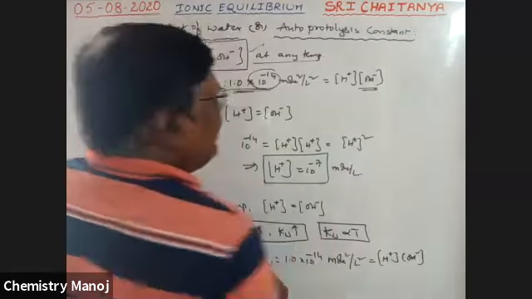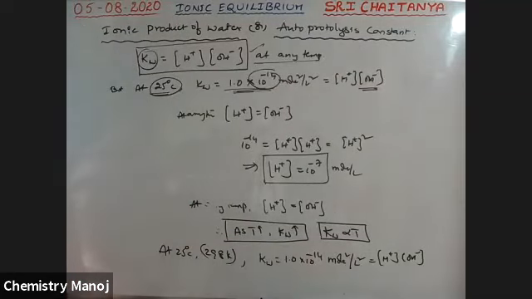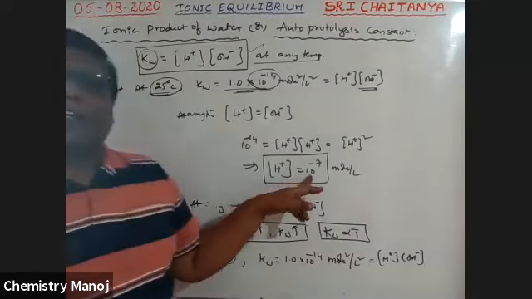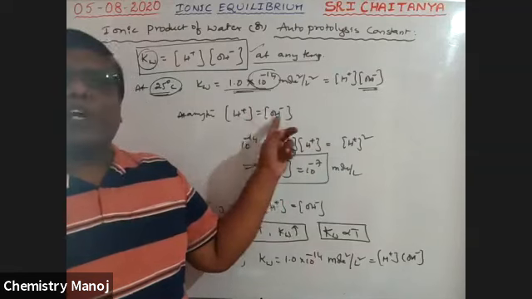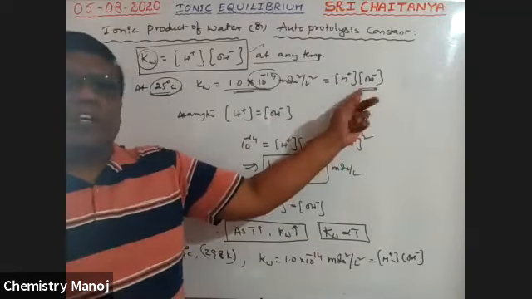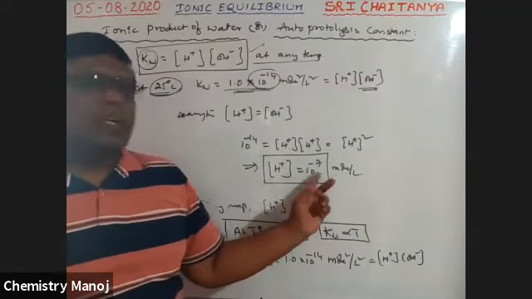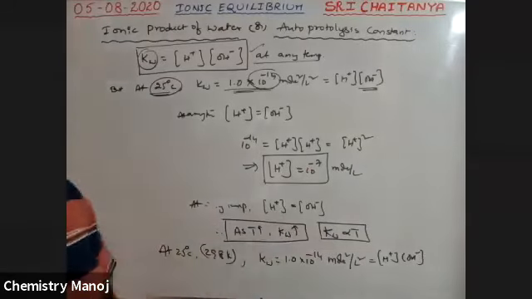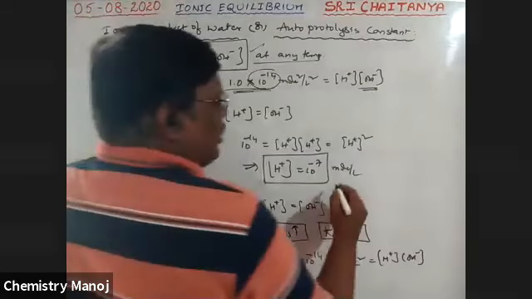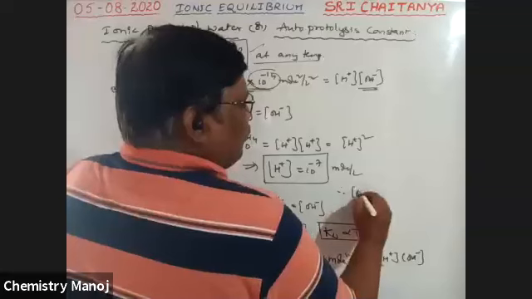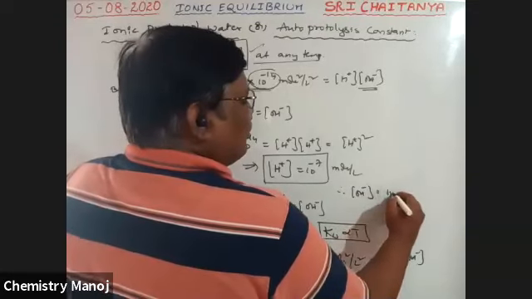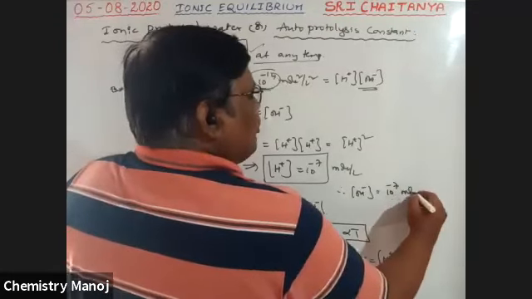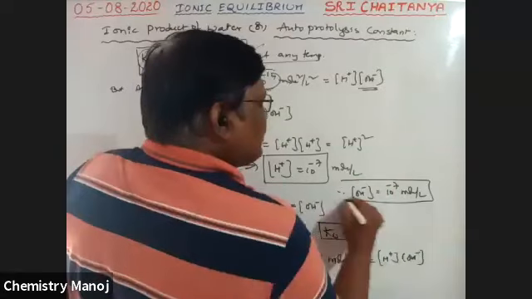It is also a concentration. That is, H+ concentration equal to 10^-7, because I replaced OH- with H+ in this equation. Therefore, H+ concentration we got is 10^-7 mole per liter. Automatically, the same value is applicable to OH- concentration: OH- concentration is also equal to 10^-7 mole per liter.